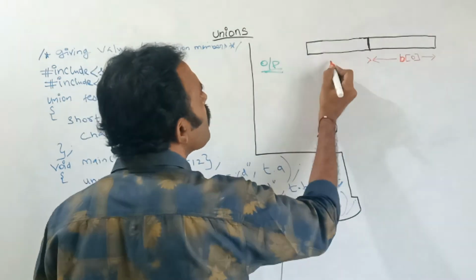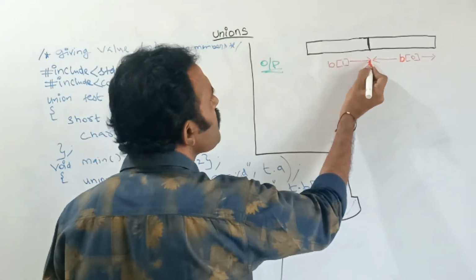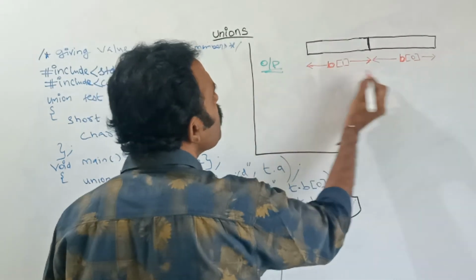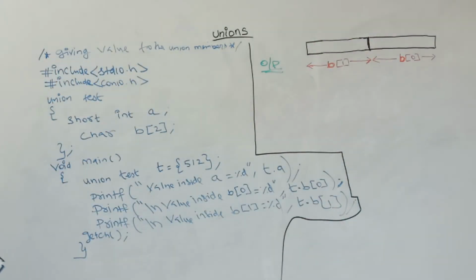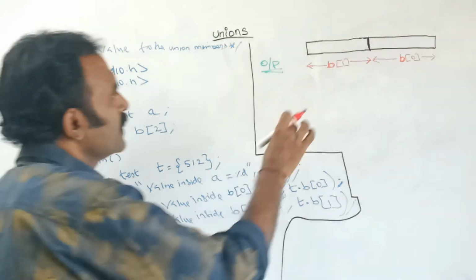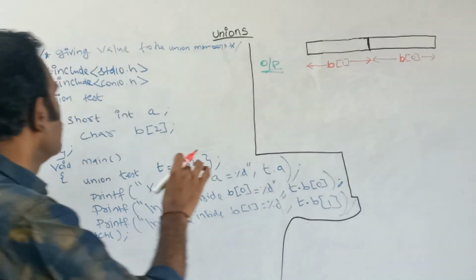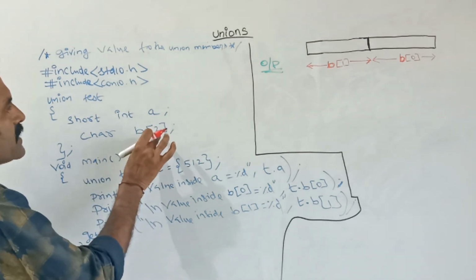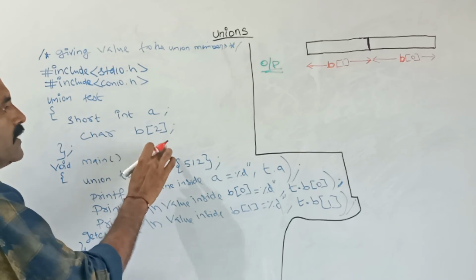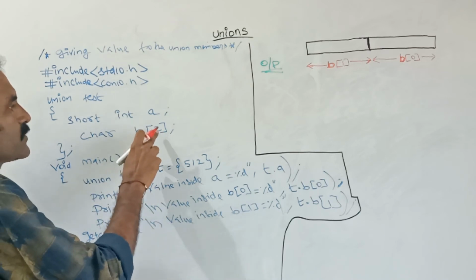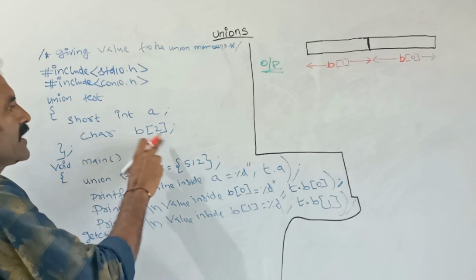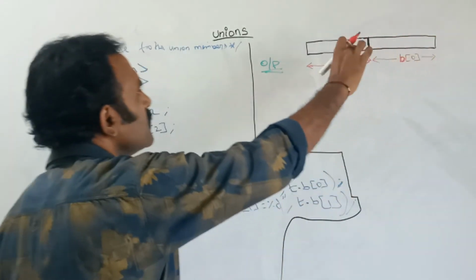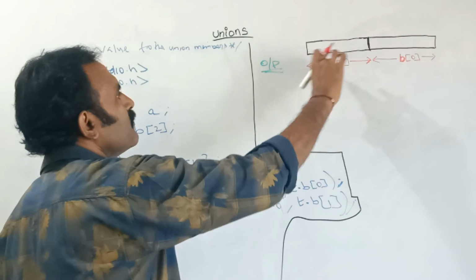Next, the subscript value is B of 1. So in the array, these 2 bytes were allocated for the character B, because the character data type by default is how many bytes? 1 byte only. Here I am mentioning 2 byte. So here it occupies the memory space: subscript value into the default memory size. Subscript value is 2, 2 into the default memory size of the character, which is 1. 2 into 1, 2. So this location is occupied for B of 0. This second block of memory is occupied for B of 1.